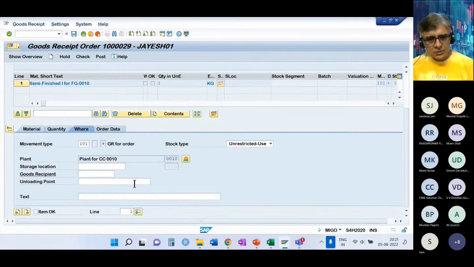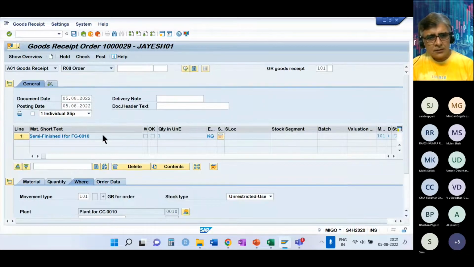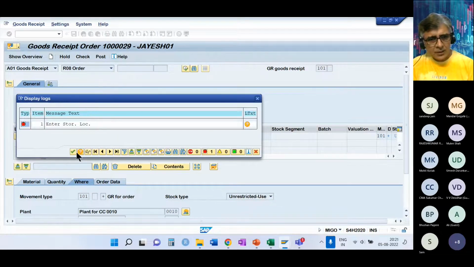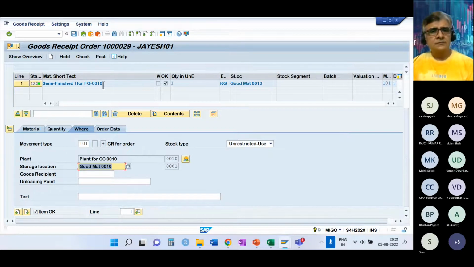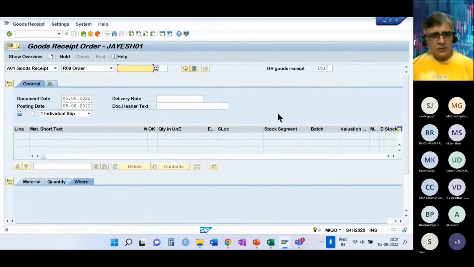Okay, so you have the item OK and do a check. Enter the storage location. The document is okay, and then you post. So material document is posted.